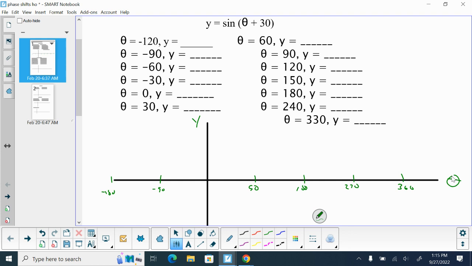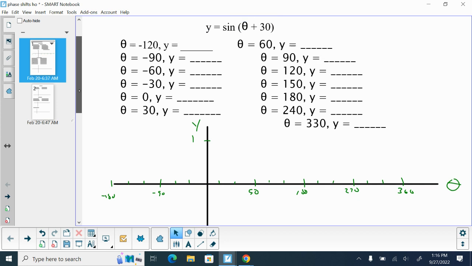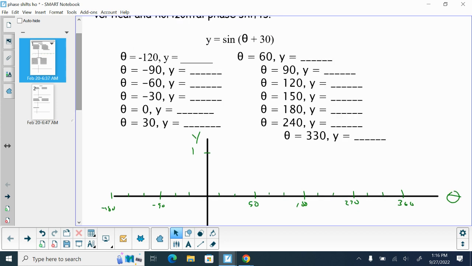So go ahead and get your graph set up. We only have to stretch up to 1 and down to negative 1, and then divvy these up into thirds. So go ahead and get them set up. And then once you get your axes set up, we are going to do